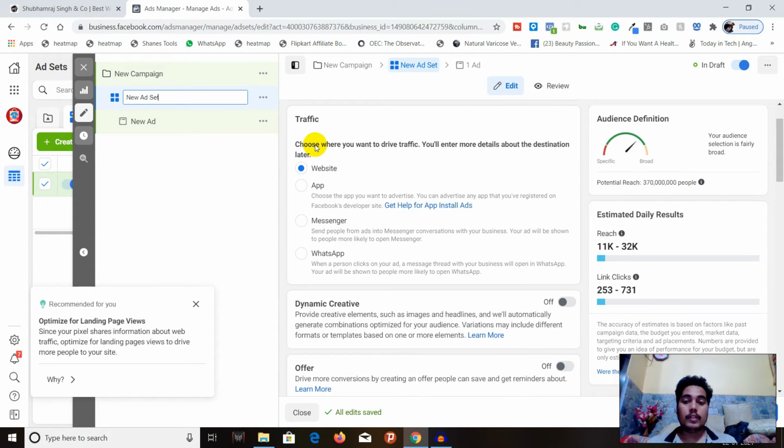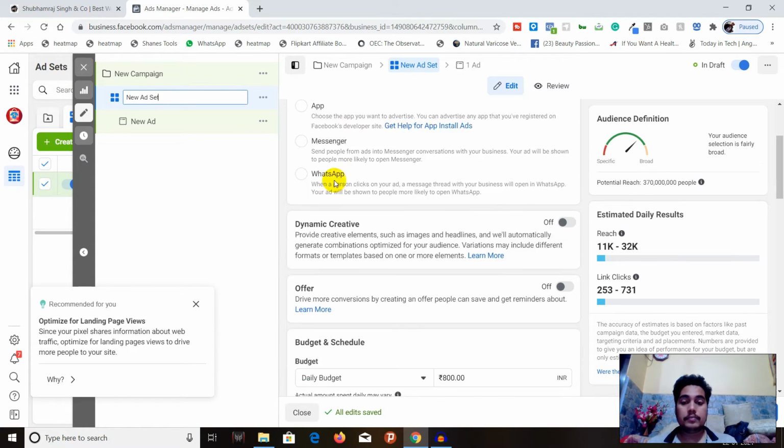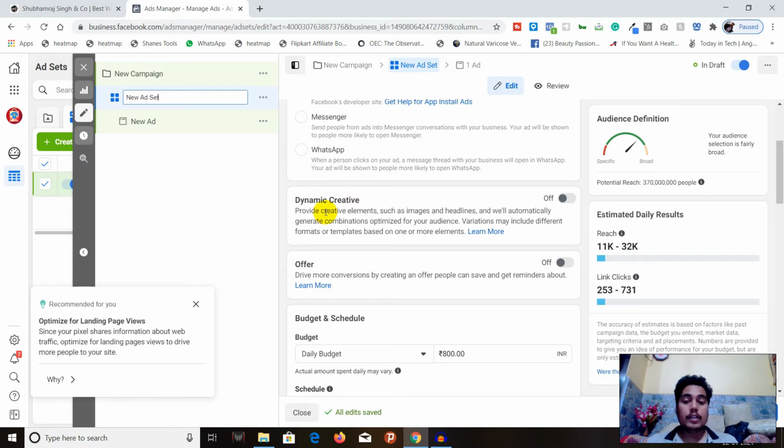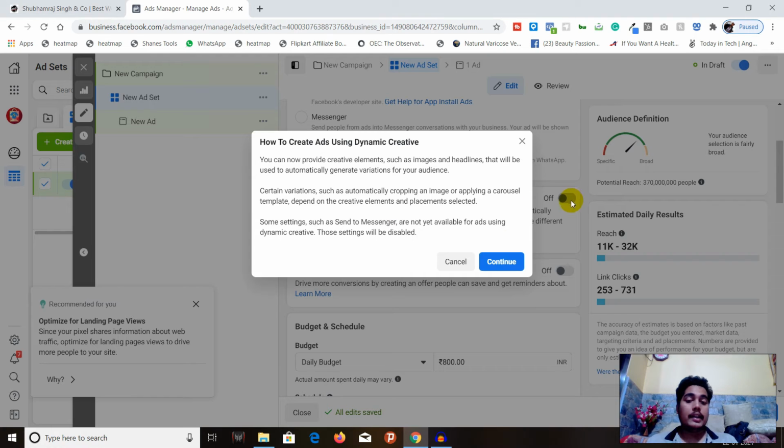You can choose, for example, for this campaign I have selected traffic as the campaign objective, so I am seeing different kinds of settings. The UI depends on the objective which is selected. If you select something like lead generation, or store traffic, or catalog sales, you will see something else. So you can select where you want the traffic to go in the current scenario. You can also opt for dynamic creative.